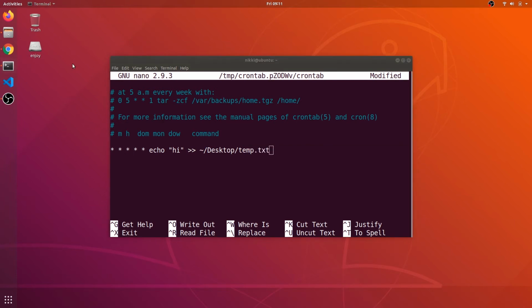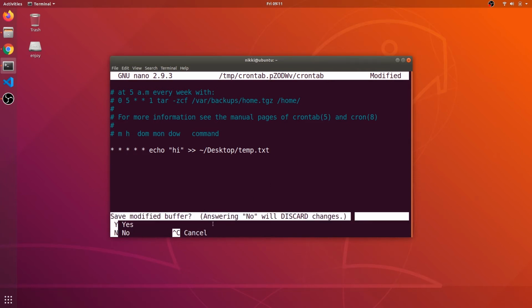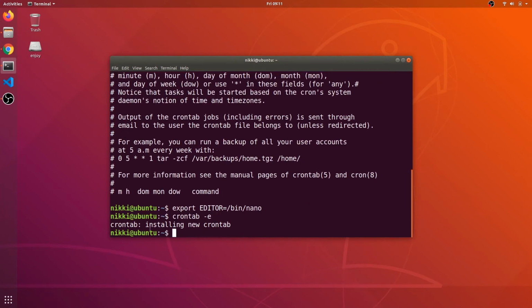Since there is no temp.txt file on my desktop, it will create one for us. To save this file you need to press Ctrl X, and it will ask whether to save the modified buffer, and you need to press Y and then hit enter. It says it is installing a new crontab. That means our old crontab has been changed because we have added one command to it, and this crontab will execute every minute.